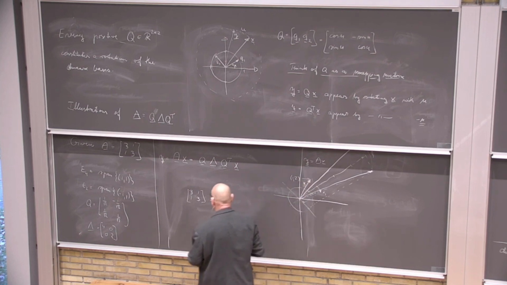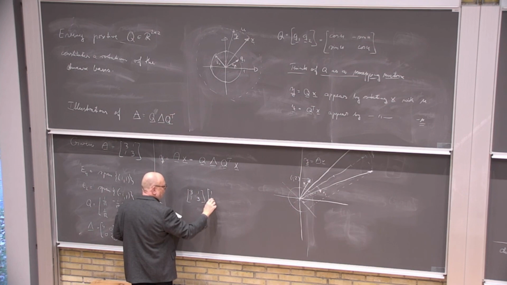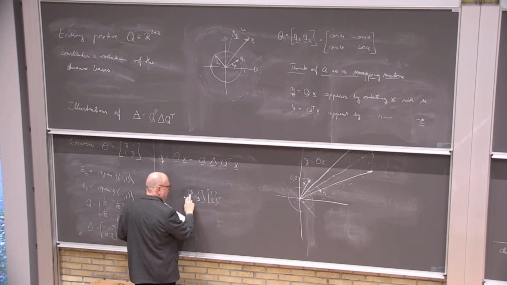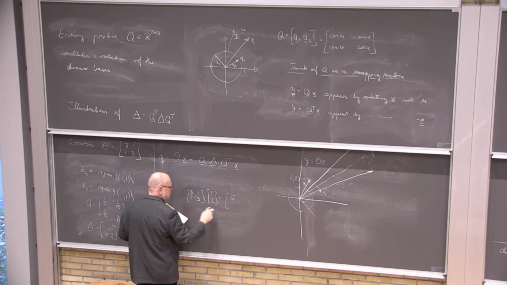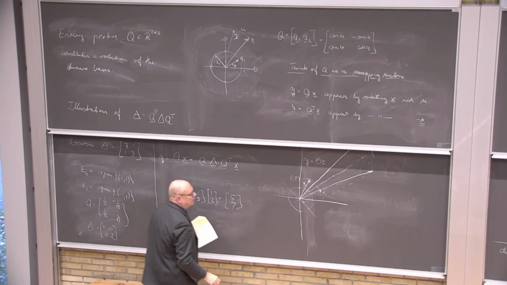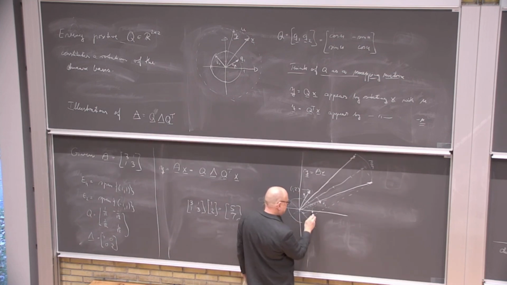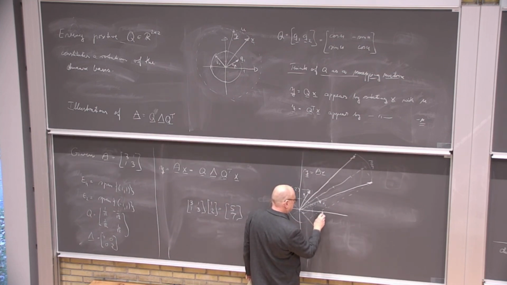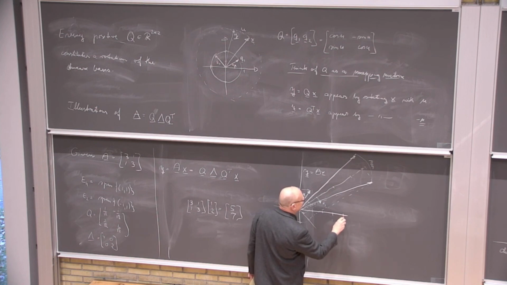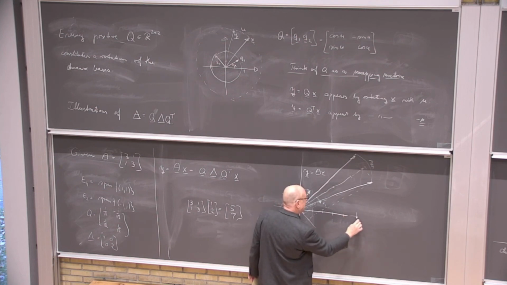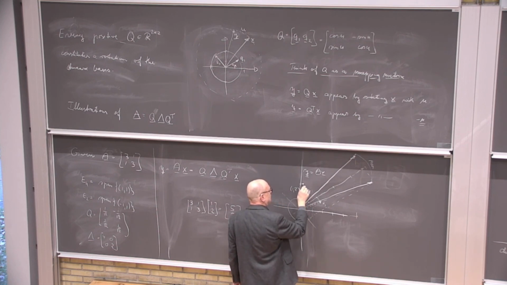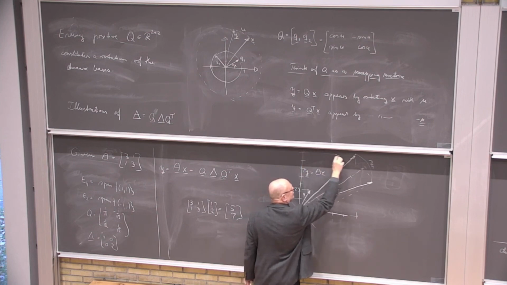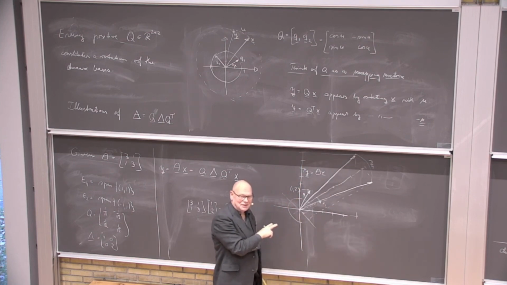So you multiply it by 1, 2, and then you get 3 plus 2, that is 5, and you get 1 plus 6, that is 7. 1, 2, 3, 4, 5. And 1, 2, 3, 4, 5, 6, 7. They may not be equidistant, but